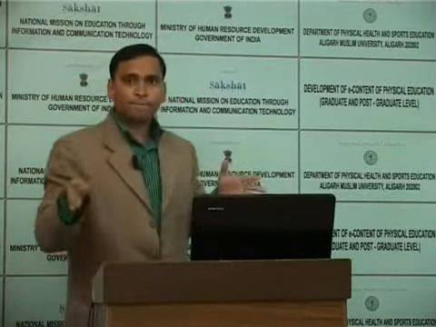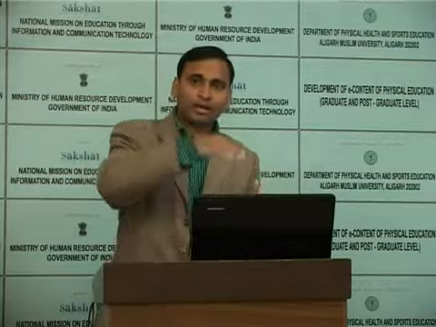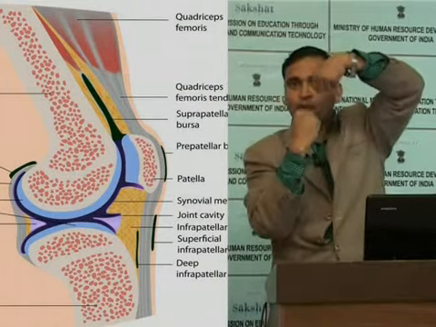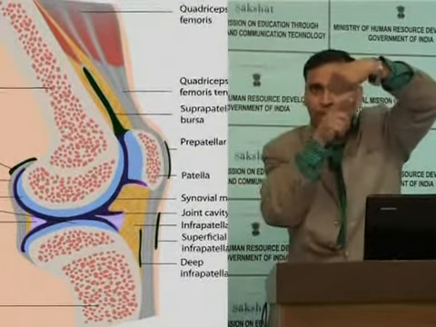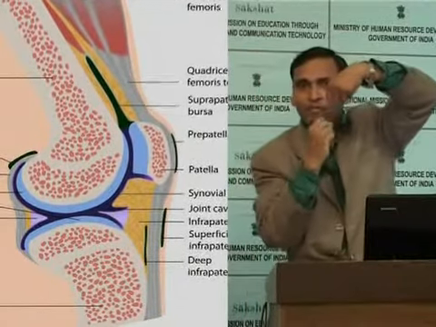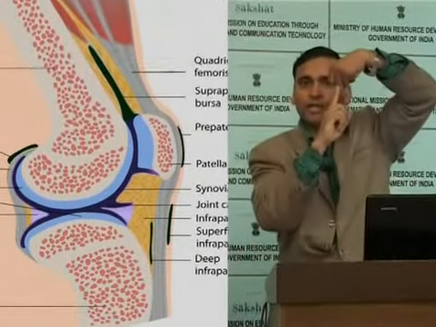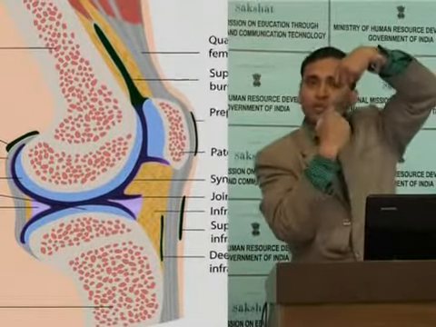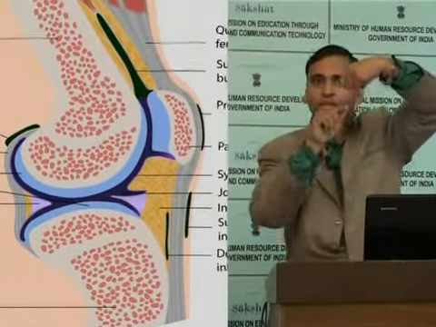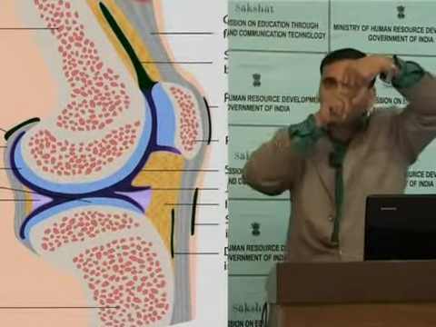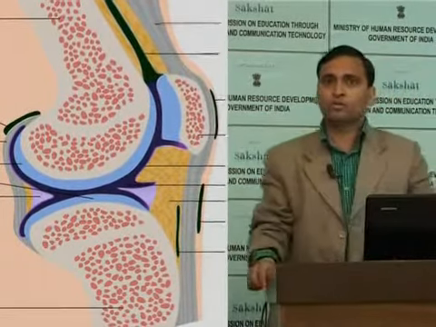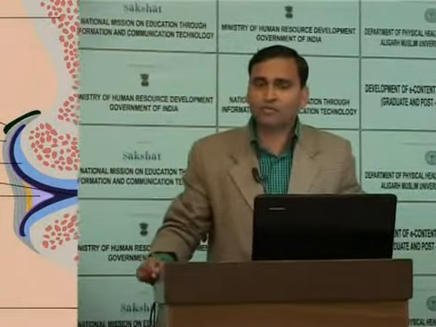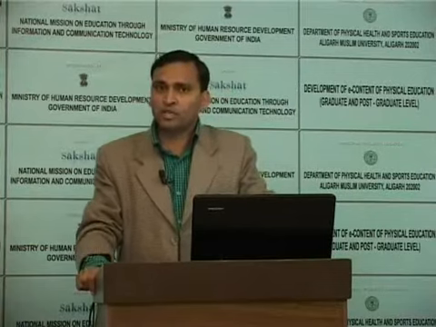As you can see in the diagram, I would like to again explain all three. In the first, suppose this is the joint. In weeping out mechanism, if you apply load, the fluid will come out in all planes. Whereas in boosted mechanism, when you apply load, the fluid will go in the opposite direction over the contact area. But third is squeeze film. In squeeze film, they again say the fluid will come out into space, but not in all areas. The fluid will come out into space, but only in those areas which are going for maximum contact. So this mechanism also explains the joint lubrication or weight bearing capacity of the joint even in static posture and dynamic